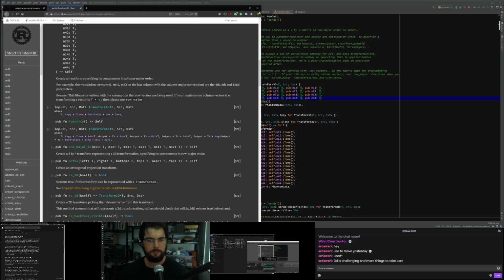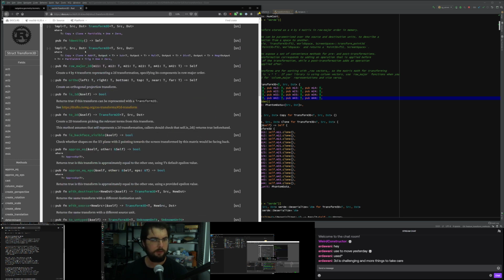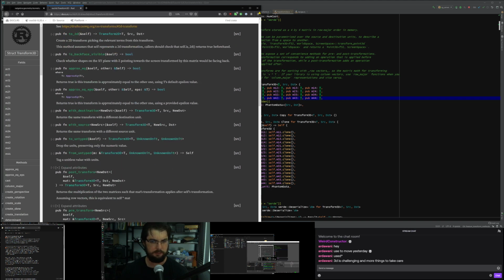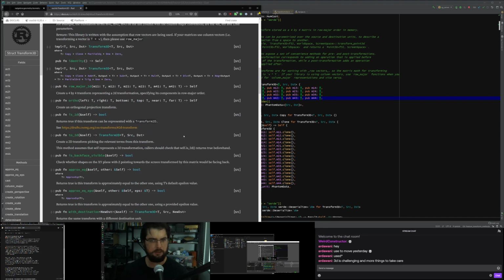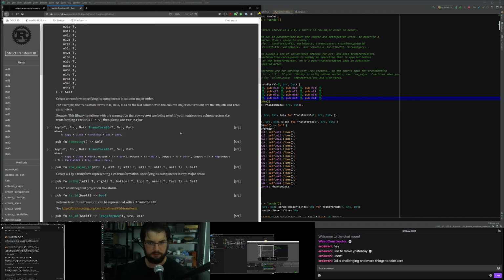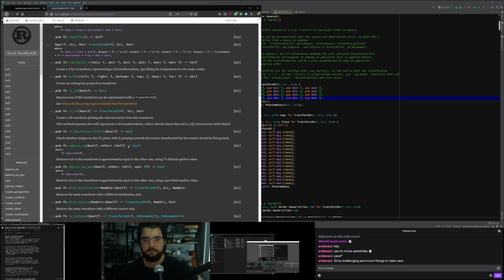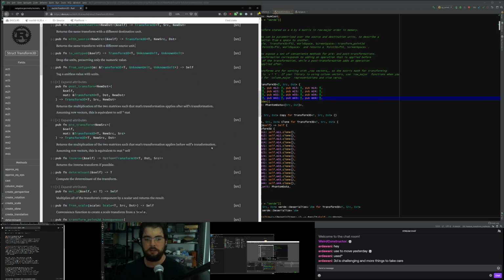Row major, column major, transform, ortho is 2D, yeah, I'm just trying to find constructors here that we can use.